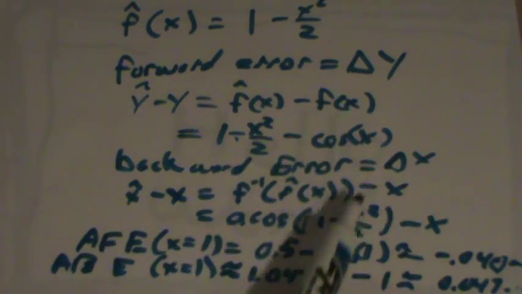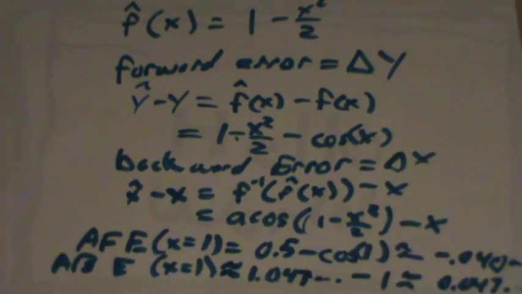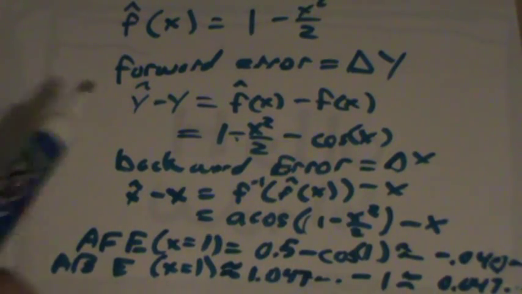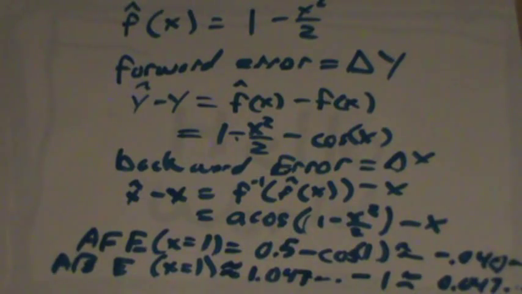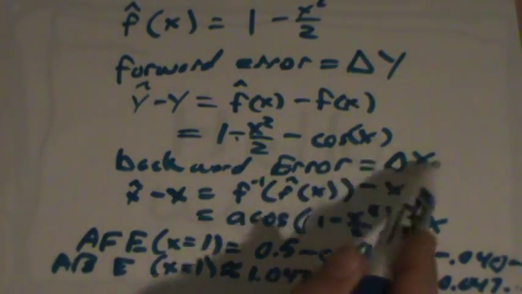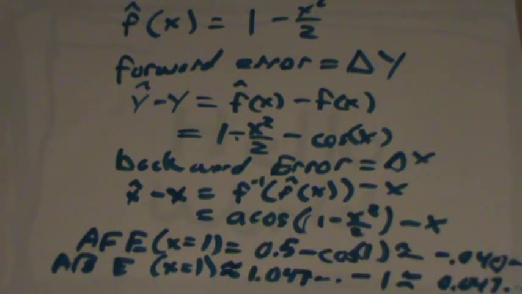Well, that's change in y over change in x. And that gives you an idea of a slope, very true, and that's what we're looking for. But forward and backward error gives me those relative terms. Forward error gives me an idea of how the output changes. Backward error gives me a sense of how the data changes. So to measure our sensitivity